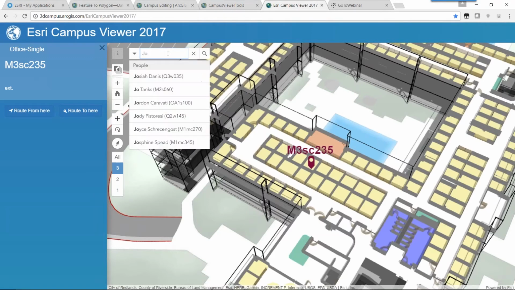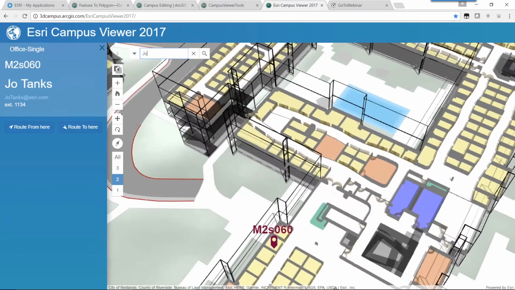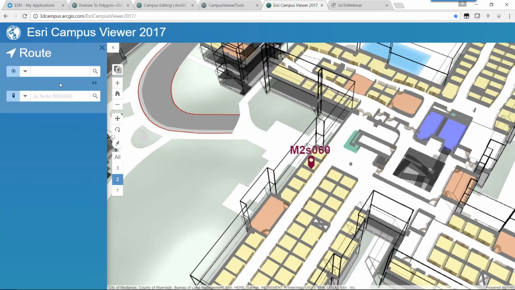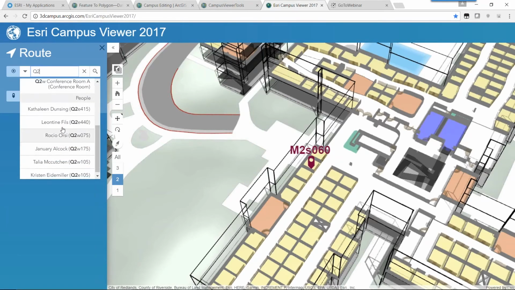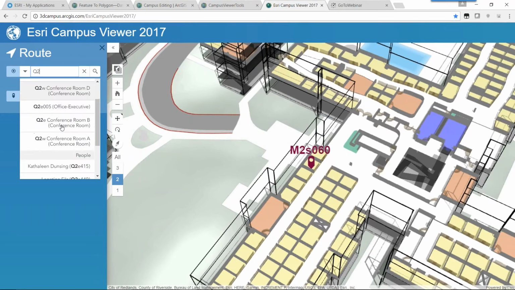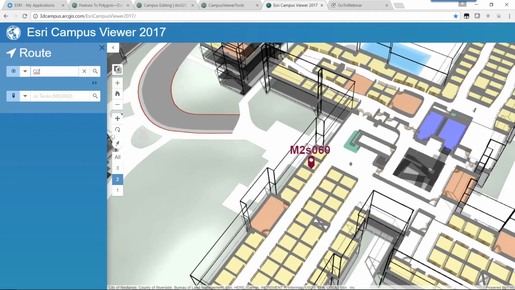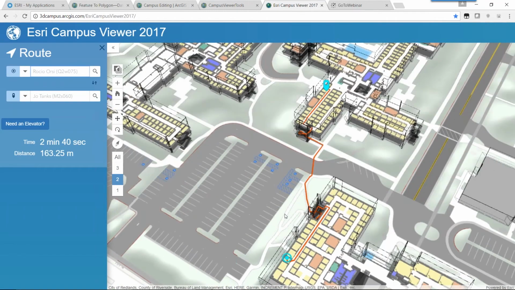You can also search for people or places or things, and if I search for Joe Tanks, I can choose to route to Joe's office from anywhere else on campus, and in this case I'm going to start out in building Q, floor number 2. Let's slide down here, and you can see that it also lists conference rooms. I have the capability to search on a lot of different things. I'm going to go from Roccio's office, and you can see here that what we've done is to build a